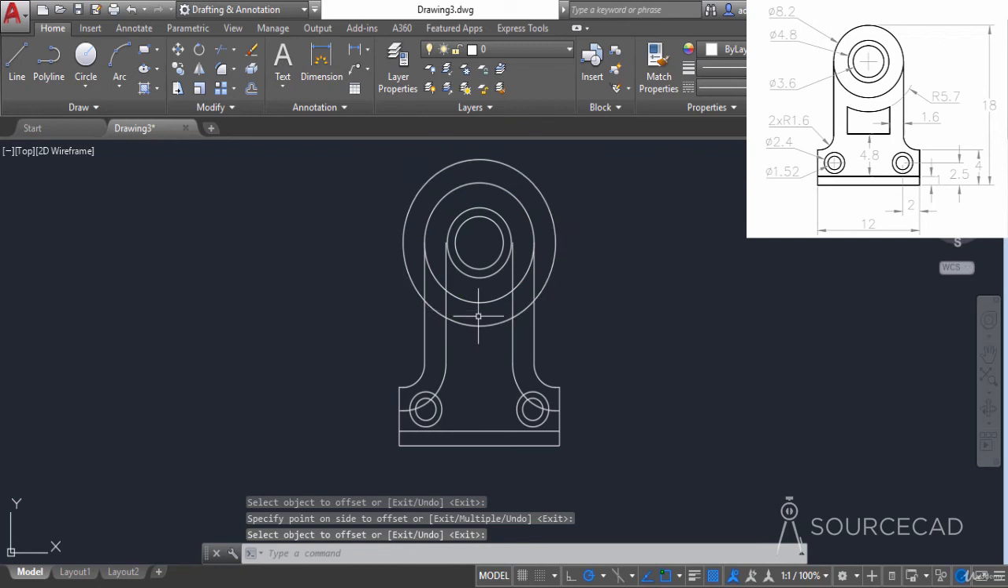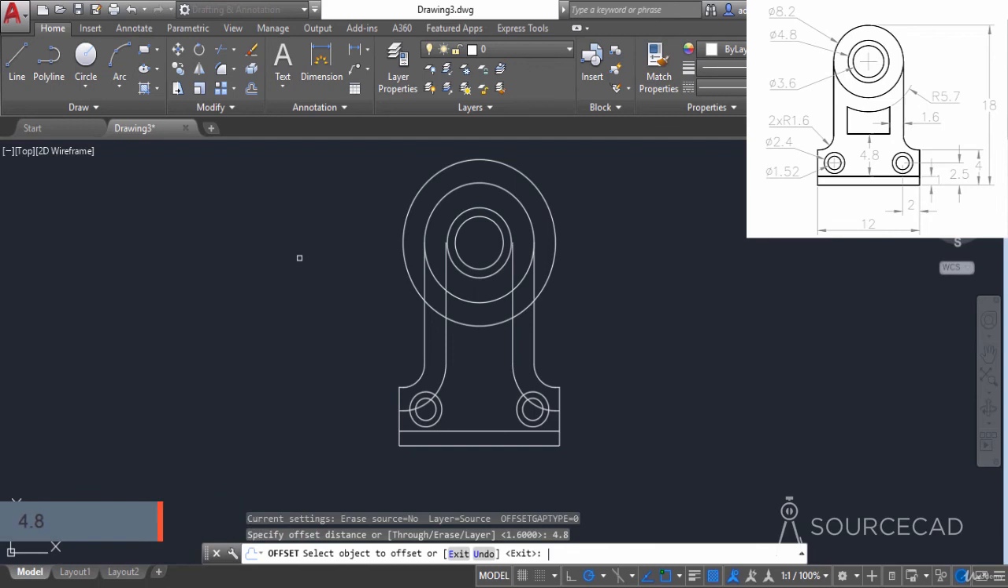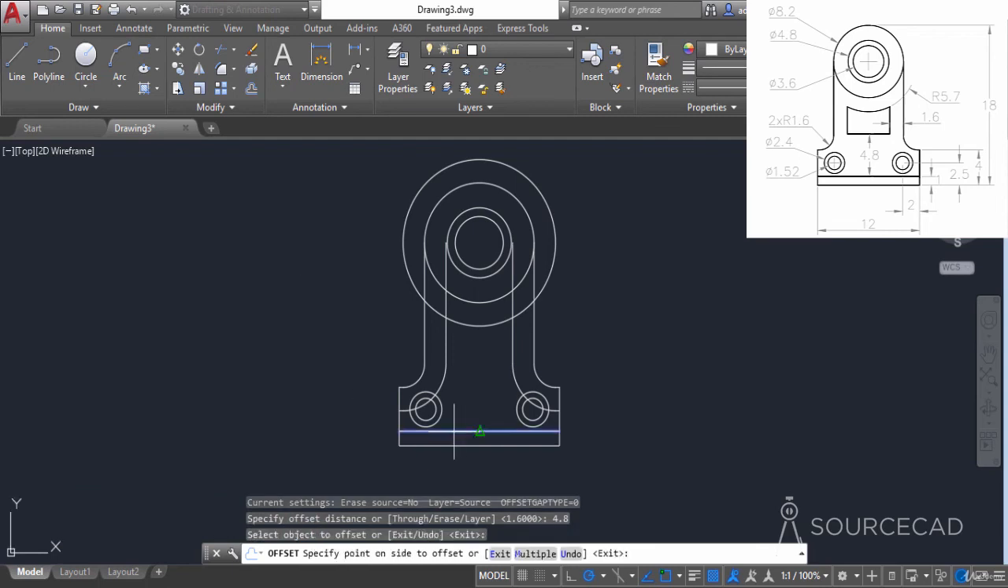Now we have a lot of overlapping geometries. We'll get rid of that in a moment, but first let's add another offset. So I'll go to offset, and this time enter the offset distance of 4.8, press enter. Now click on this line and offset it upwards. Well, we have our shape, but we need to now trim some of the extra geometries. So I'll go to trim, press enter, and carefully trim the part which I am trimming. So just like this, trim everything which is additional here,